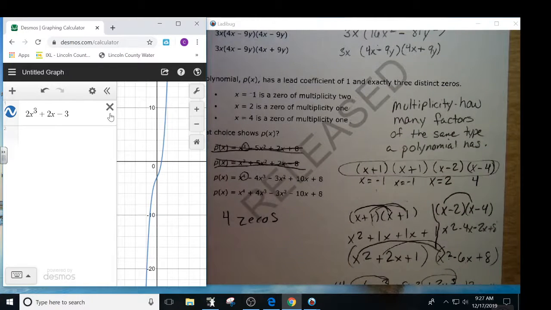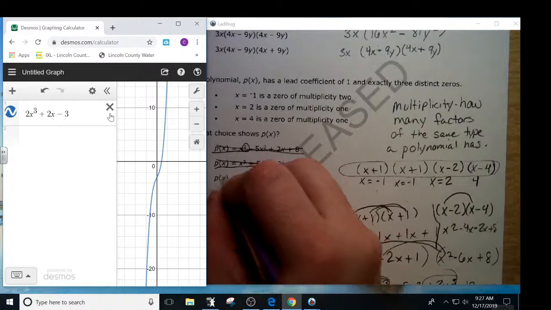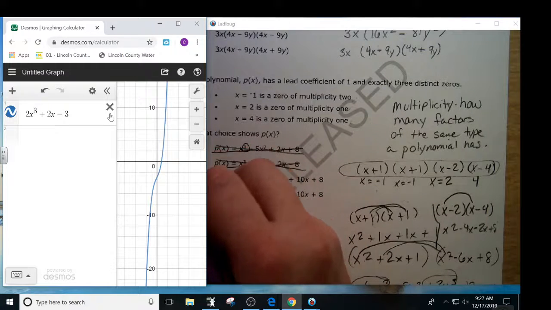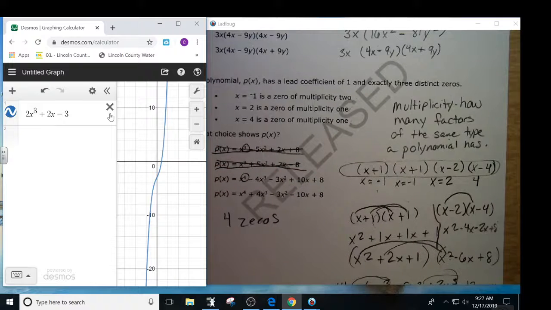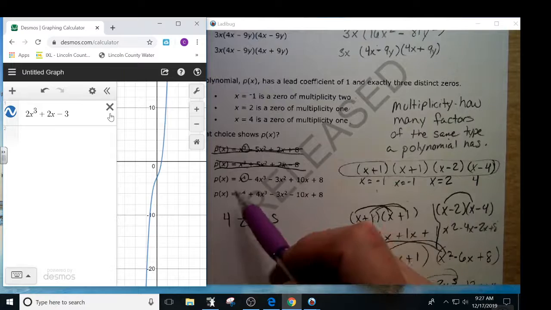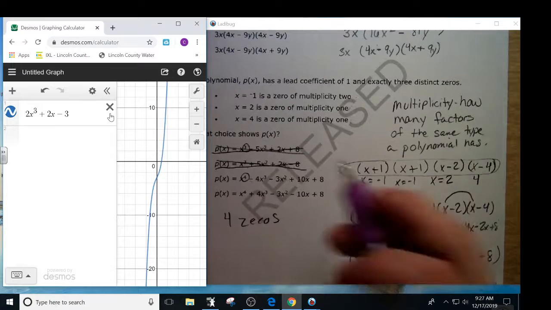Now, so guys, automatically, it has to be one. It's either C or D. Okay? It's either this one or this one. Just knowing what the highest power is going to tell you. The highest power tells you how many zeros it has. Okay? That's the fundamental theorem of algebra. Okay? Now,